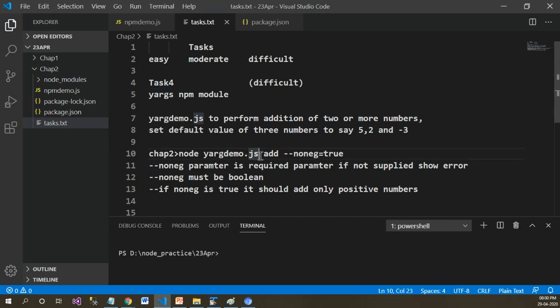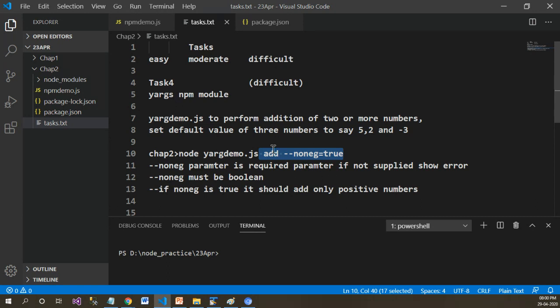So whenever I am running an application via terminal, I have to type node, space, the file that you want to run. Apart from that, you can provide some additional parameters, and these are called command line arguments. So you can manage these command line arguments via the yargs npm library.